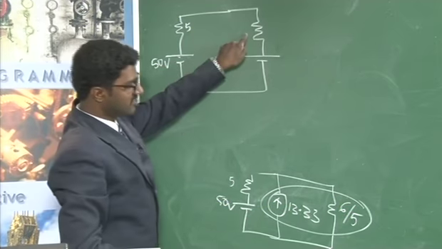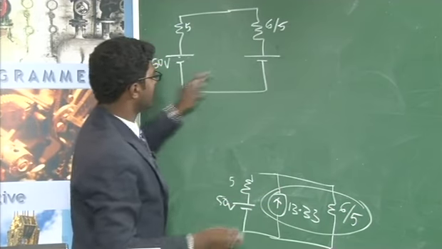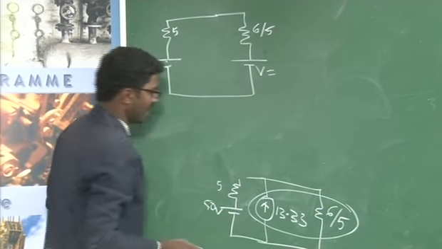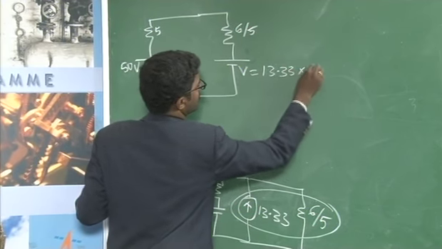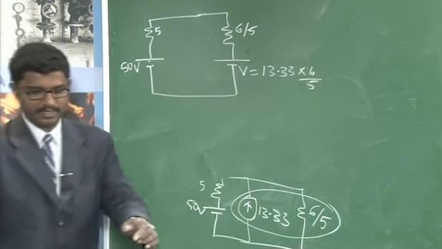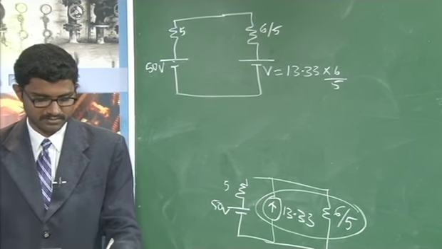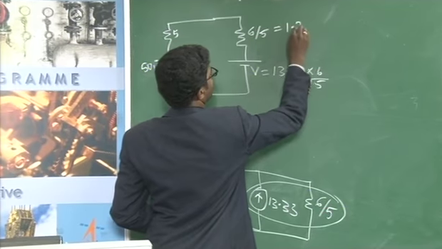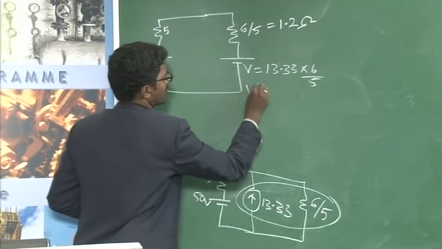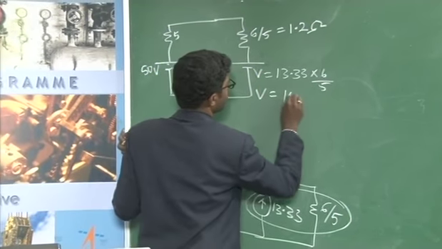The value of this source resistance will be 6 by 5, and the voltage will be given by I into R, that is 13.33 into 6 by 5. Here the resistance 6 by 5 is nothing but 1.2 ohm, and the voltage will be 13.33 into 6 by 5, which is equal to